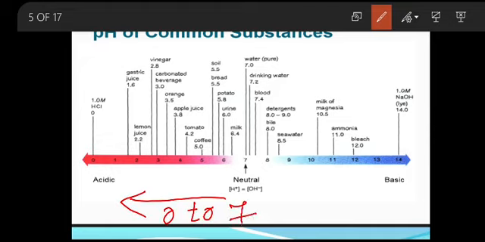Okay, ma'am. What is that center part called, the neutral solution? What do you mean by that, ma'am? It means that neutral means equal, that is, neither acidic nor basic. It is your pure water having a pH of 7. So, whenever the pH is equal to 7, it is your pure water.